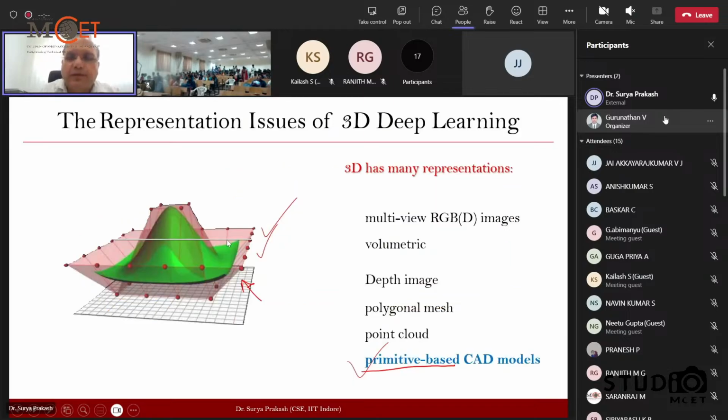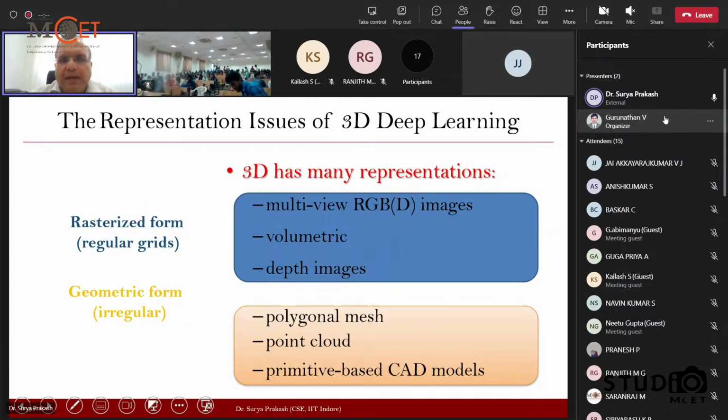Okay. Yeah, so I was just explaining to you about different ways we use for representing 3D objects in 3D. And now let's analyze them closely and see if we can group them together and see some similarities between them. So we find that among all the 3D representations that we have seen, these three representations, multi-view RGB representation, volumetric representation, and depth images based representation, all have